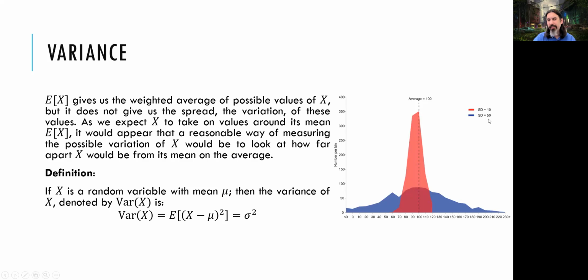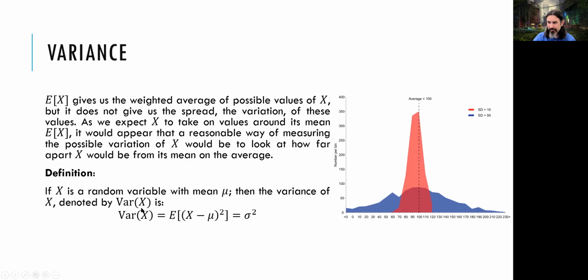Standard deviation is the root of the variance. So you can find the variance by taking the square of the standard deviation. As the standard deviation of the red one is a bit smaller than that of the blue one, it has less spread. It's more compact, more together. With the blue one, as it has a higher standard deviation, it's spread over the board much more.